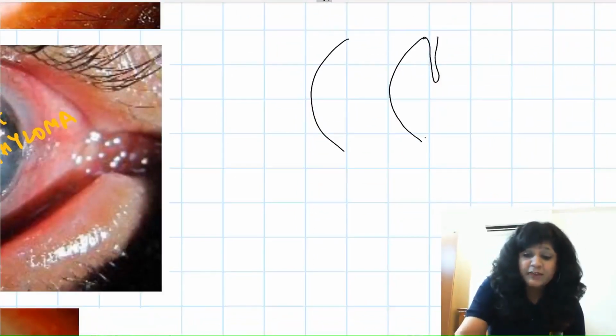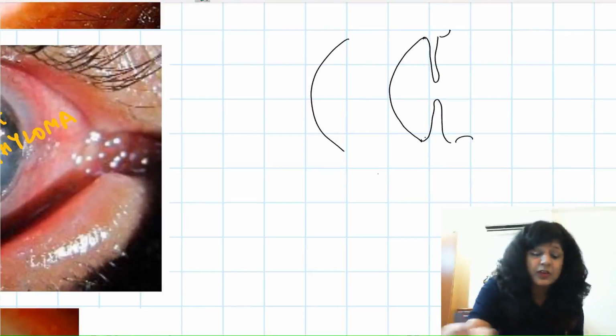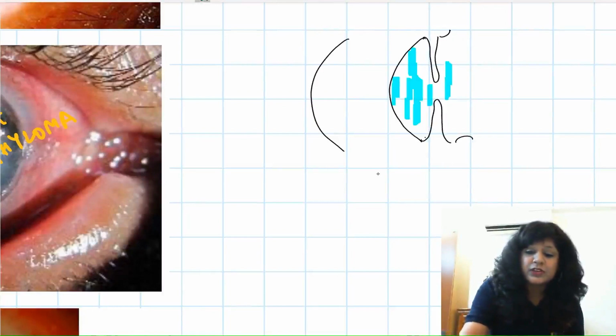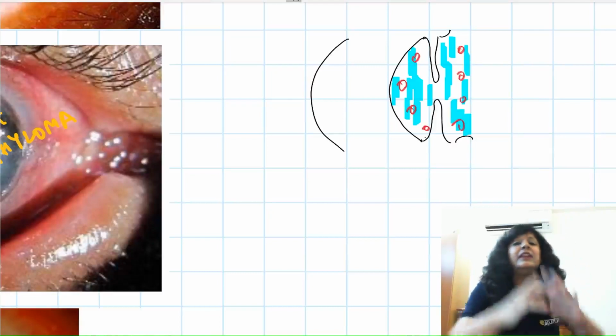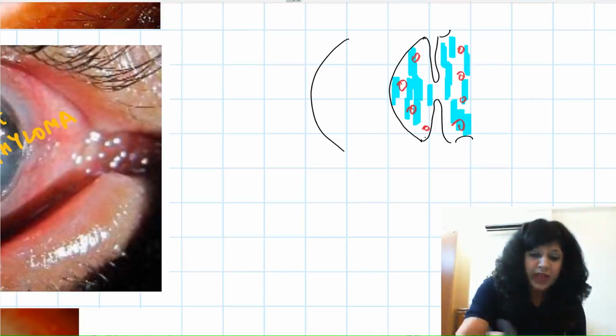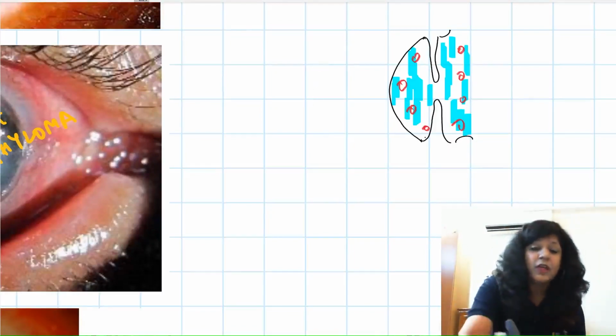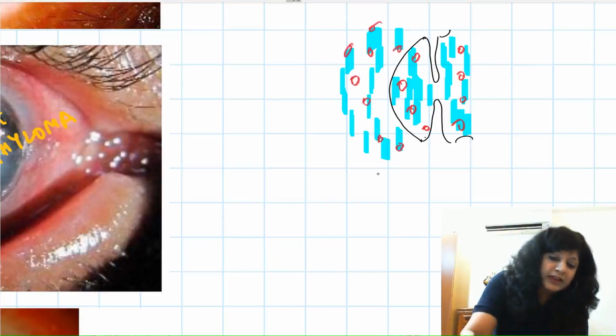Now because we are having the perforation, that means inflammation was very large and it was coming to the layers. So this is the aqueous humor here, and we have a lot of inflammation. These inflammatory cells are there, and suddenly we get the perforation. Now when you suddenly get the perforation, what will happen? These layers will go and the whole of the aqueous humor will come out. When the aqueous humor has come out, the inflammatory cells will also come out, and now what will happen? Inflammatory cells will make a covering over this.